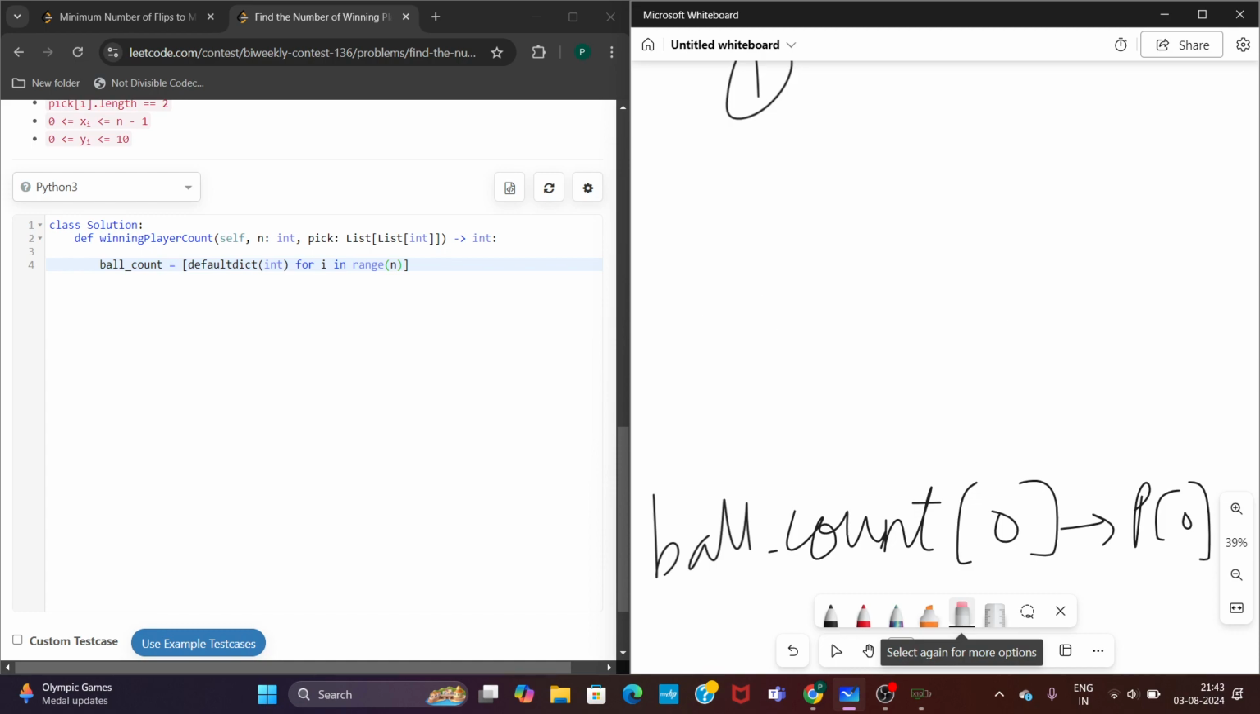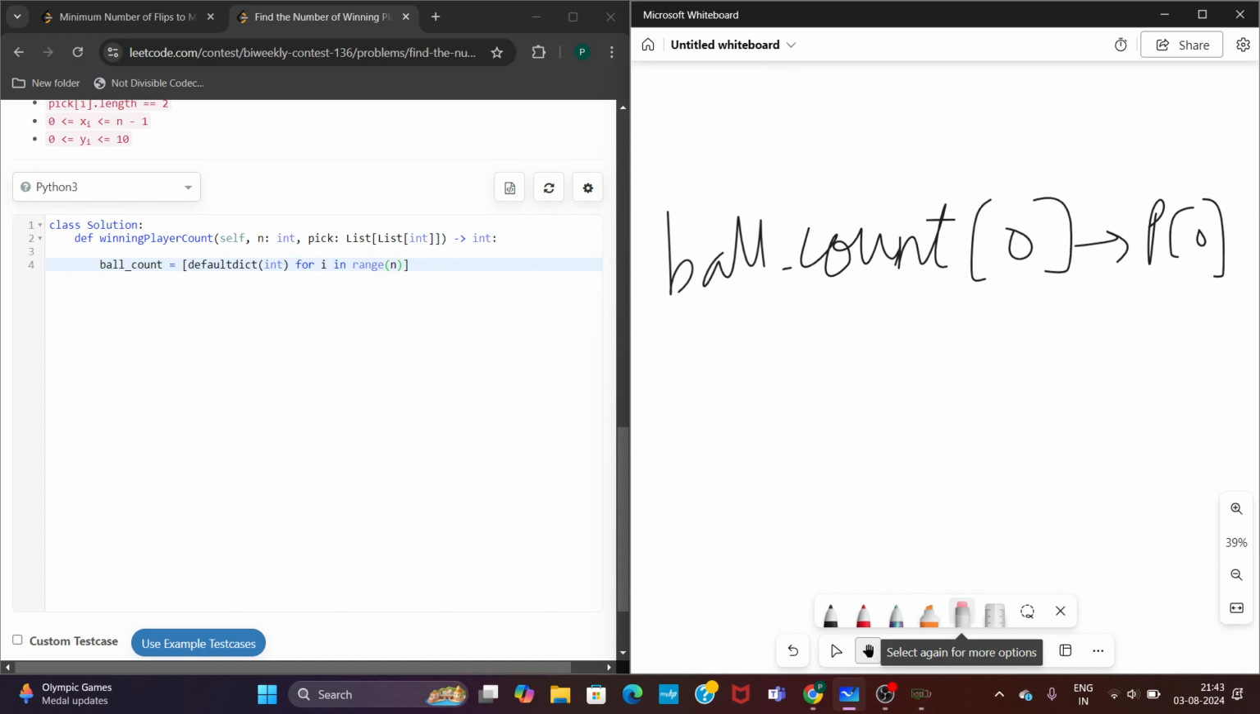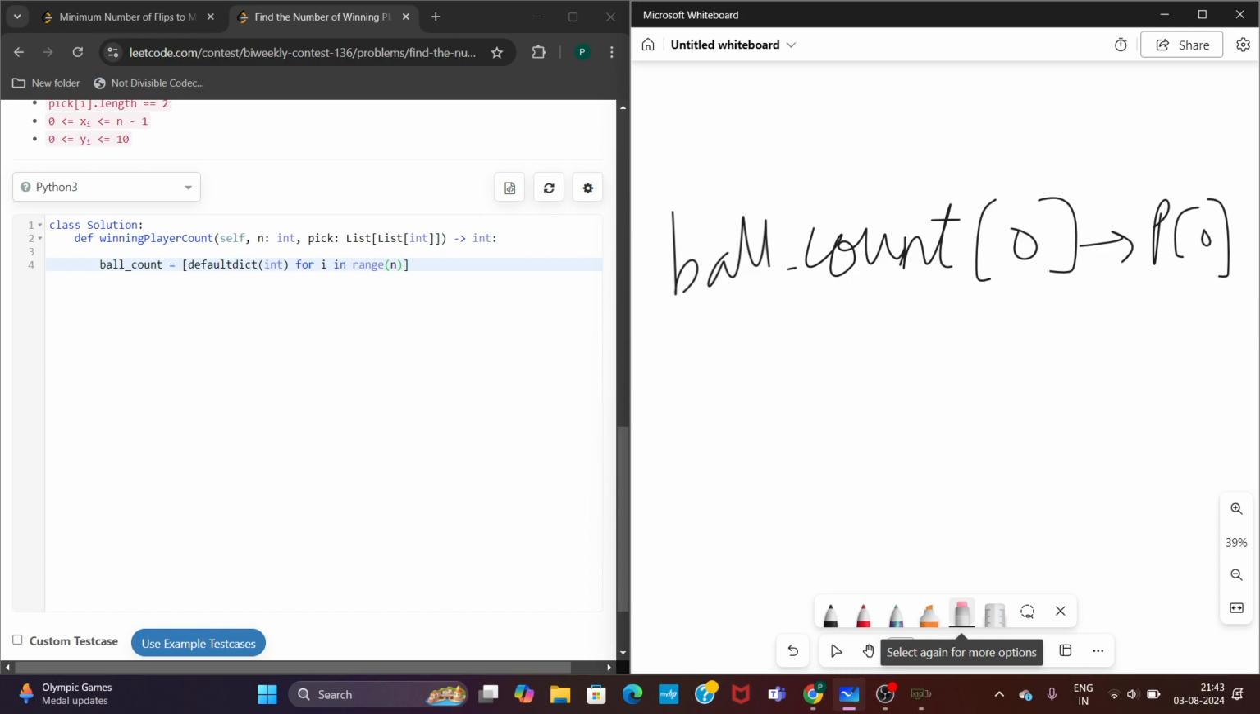Okay, similarly, we have been given, yes, now it's correct over here. Okay, so basically we have created a dictionary over here. In this case, we have created a dictionary. Then,